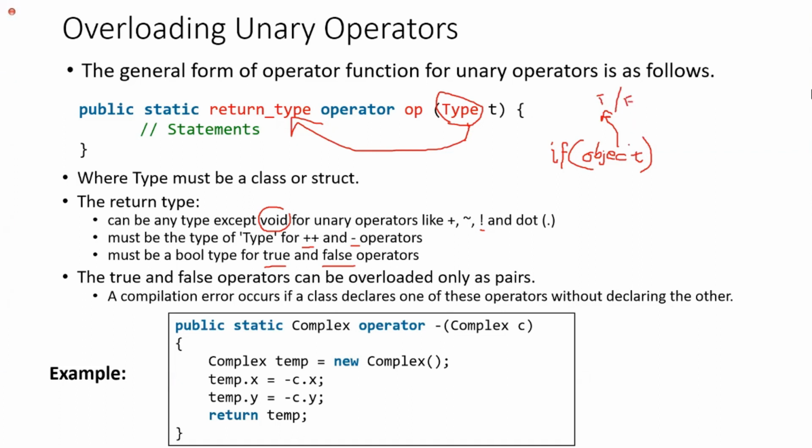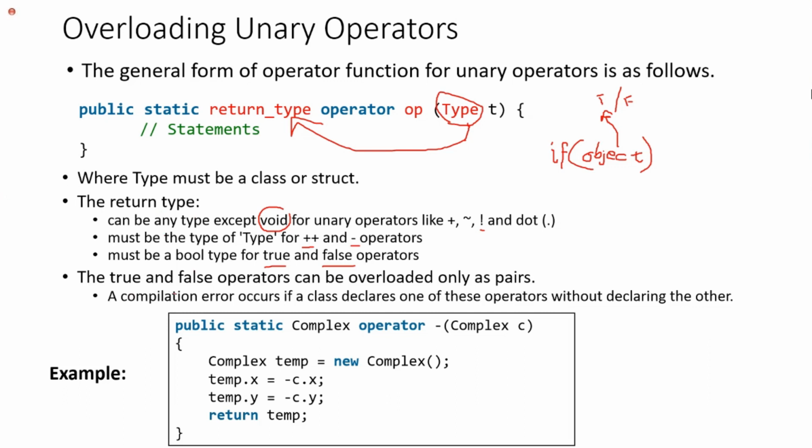Now, in order to evaluate an object without any assignment, without any equals or not equal mark, or comparison marks like greater than, less than, greater than or equal, less than or equal, then definitely you have to overload these true and false operators for this particular object type, right? Now you should know the constraints for this. Keep this in mind. And if you still cannot keep these things in mind, then keep using this, and it will automatically be recorded in your brain, right?